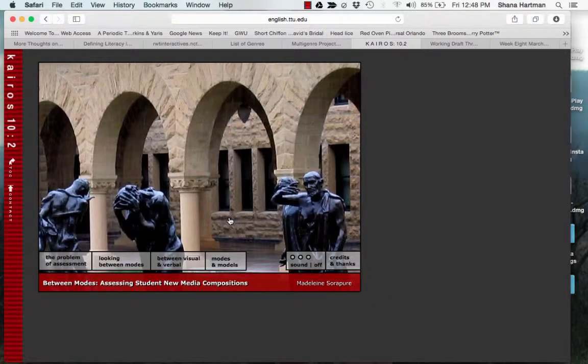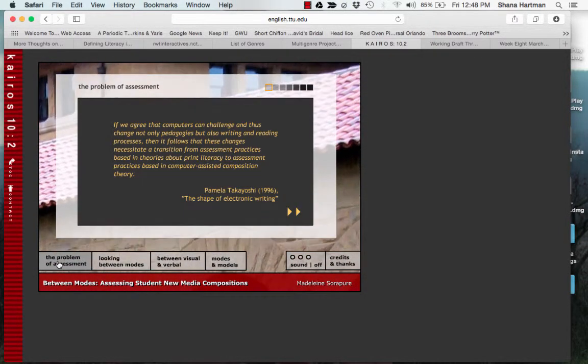The reason this might be blowing your mind right now is we are engaging in a multimodal reading act, even though this is an article. So here are the sections of this article, and when you click on them, we are taken into the article. All of these, the image, the layout, was all designed by the author. So here's some quotes that help us think about this.